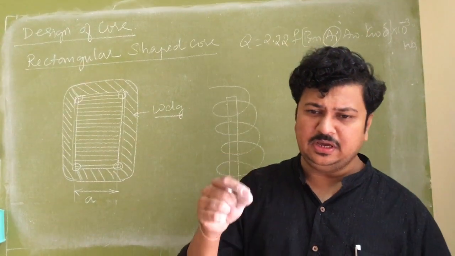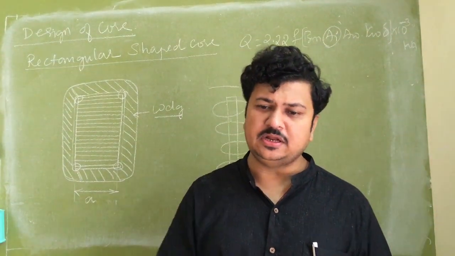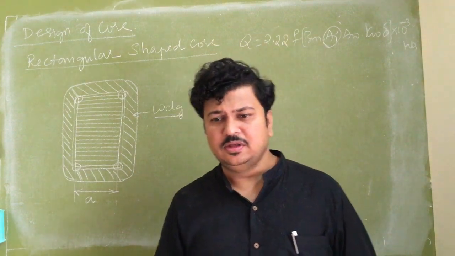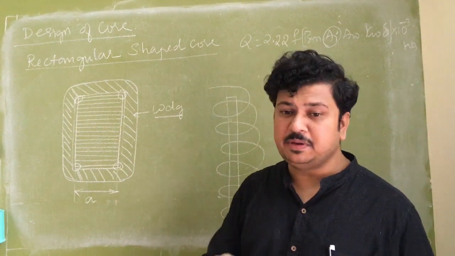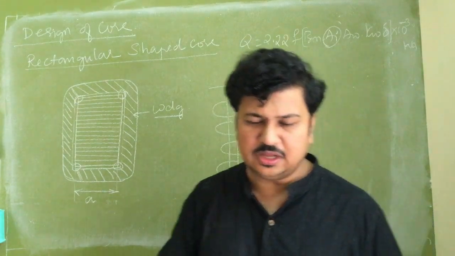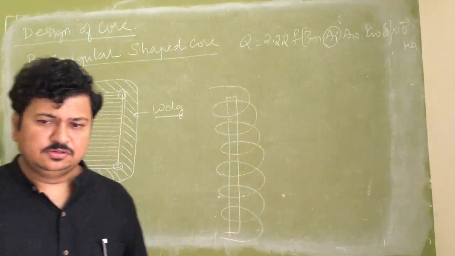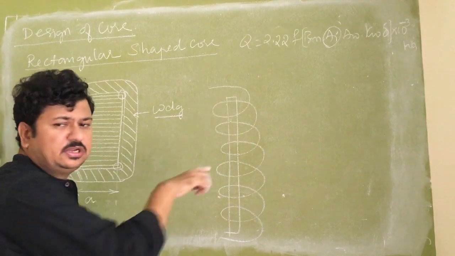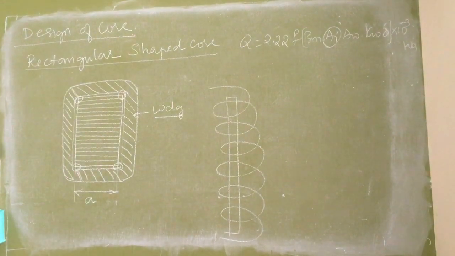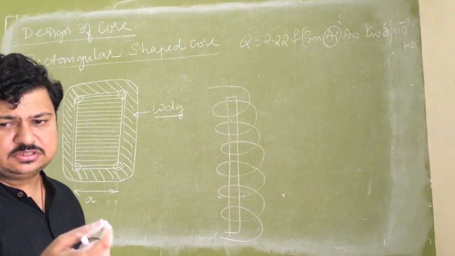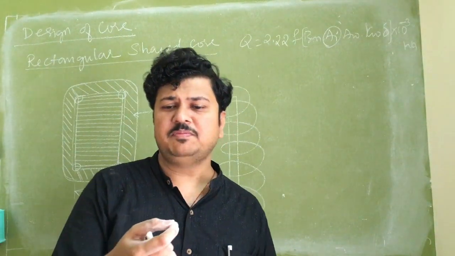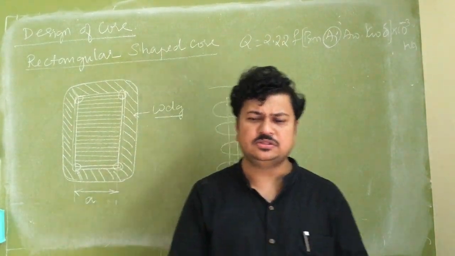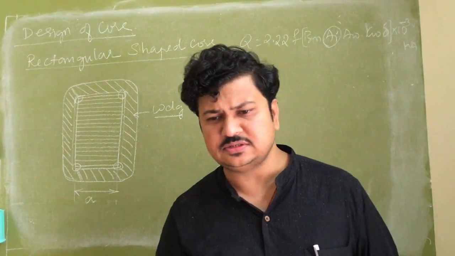If you see a wire which is of red wine color, then that is an insulation coated wire, or the wire insulation may be a paper insulation in case of the large transformers. So each turn is isolated physically from its neighboring turn, and when I have to place all the number of turns on a core, the turns are placed one above the other, one beside the other. They are very close. There is no physical space between the turns.